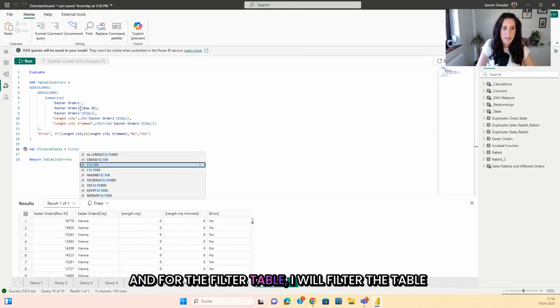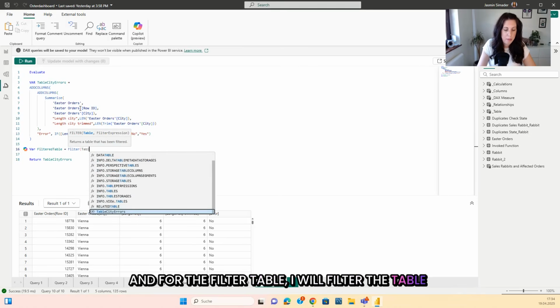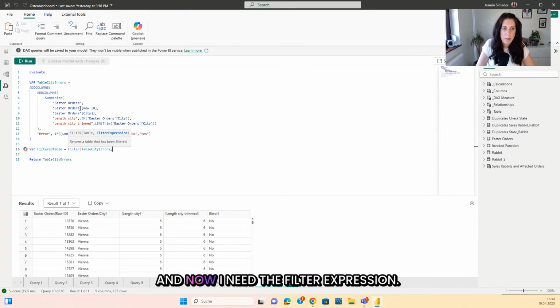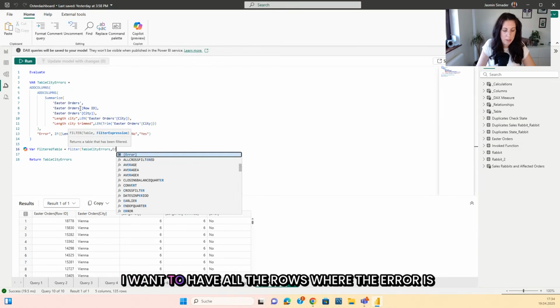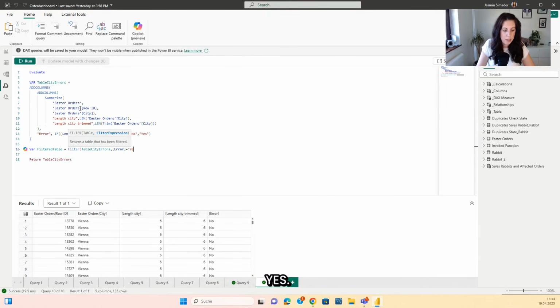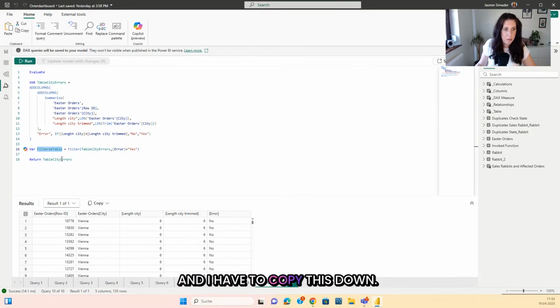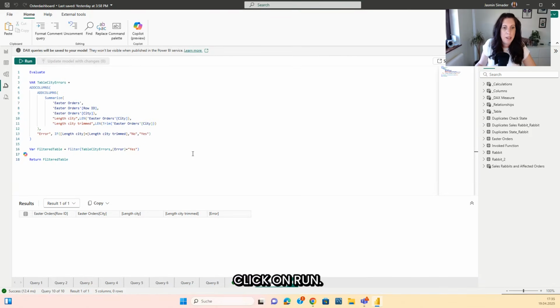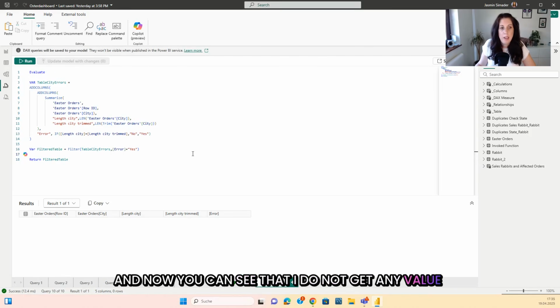And for the filter table, I will filter the table with the city errors. And now I need the filter expression. I want to have all the rows where the error is "yes". And I have to copy this down. Click on run. And now you can see that I do not get any value because in the cities table